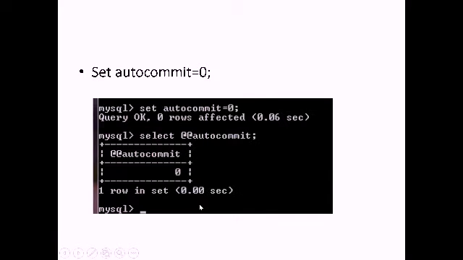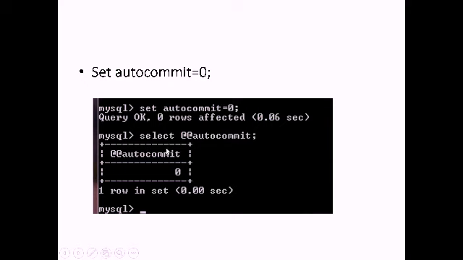Then I will set autocommit to 0: SET autocommit = 0. So I am changing it from 1 to 0. Query OK, 0 rows affected. Then I check whether it is now in on or off mode.